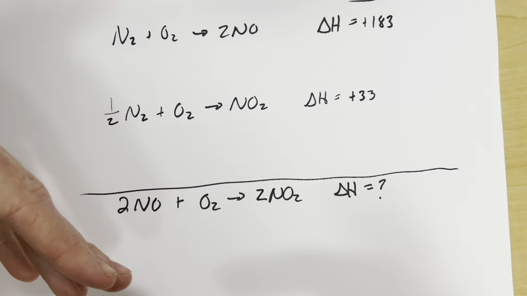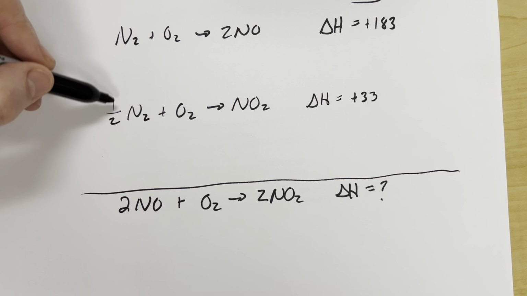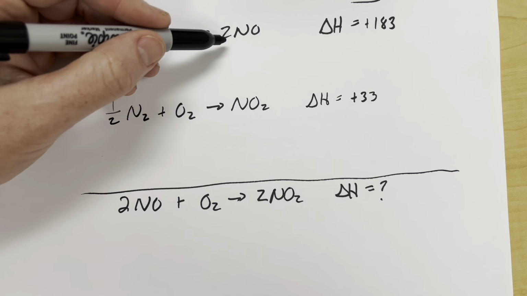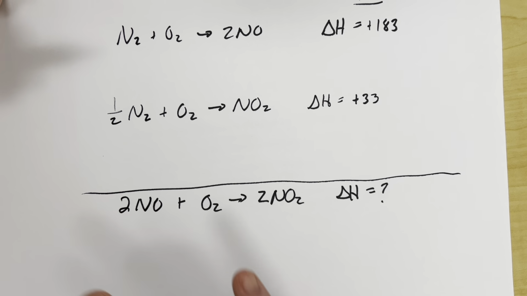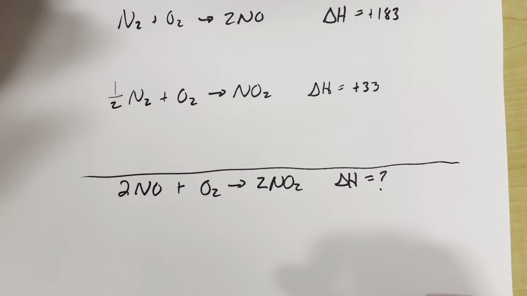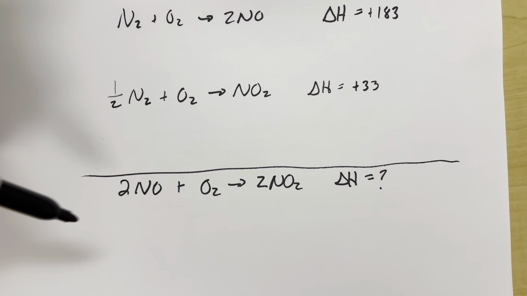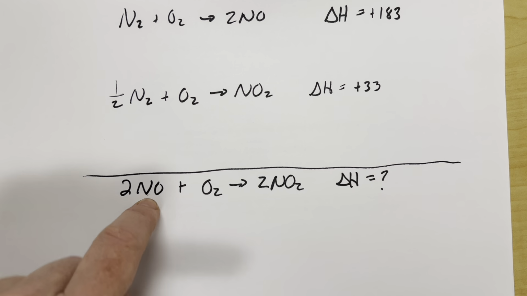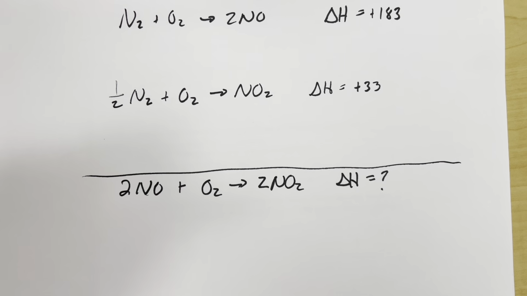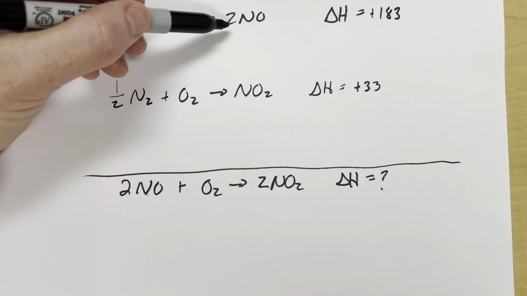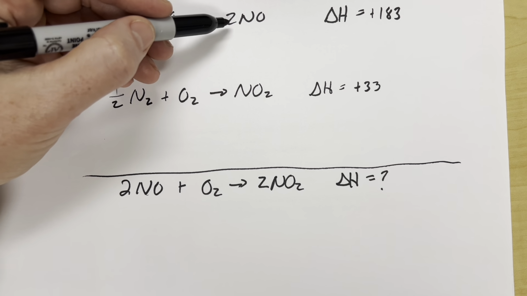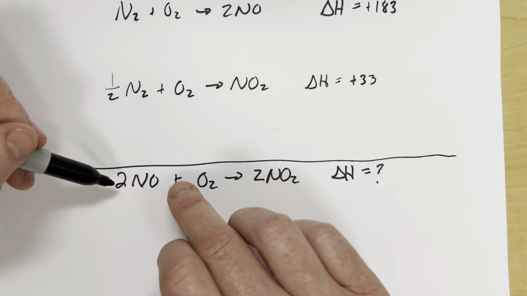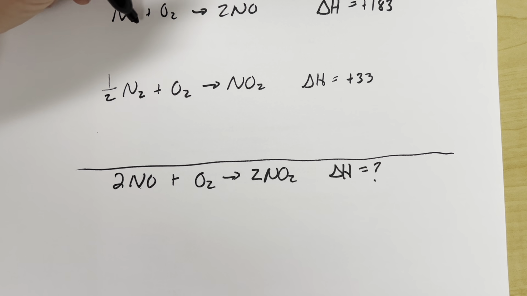So if I added them up the way they are now, I would have 1.5 N2. I'd have 2 O2s yielding 2NO and an NO2. And that's obviously not what we're looking for. So we always go to this bottom one and say, okay, what do I see? So here I see 2NO. The only place where NO is coming from is up here. And so it's right that it's 2, that's good, but it's on the incorrect side, right? I'd want to flip this thing around so that when I add it up, it ends up on the reactant side. So I'm going to flip this whole thing around,